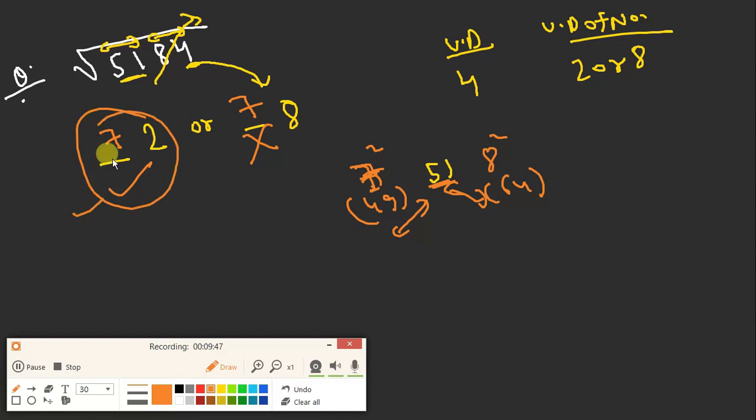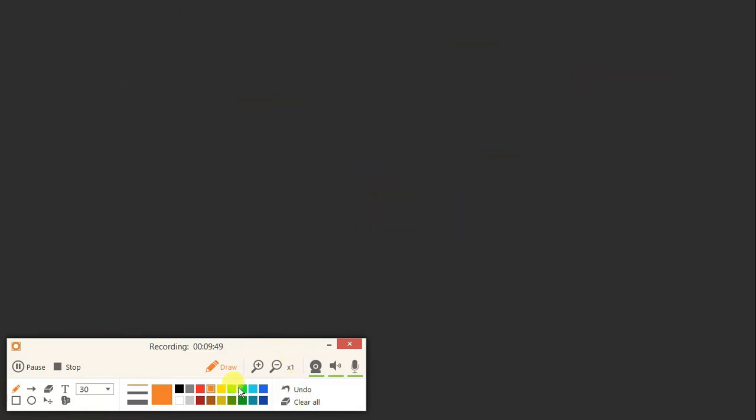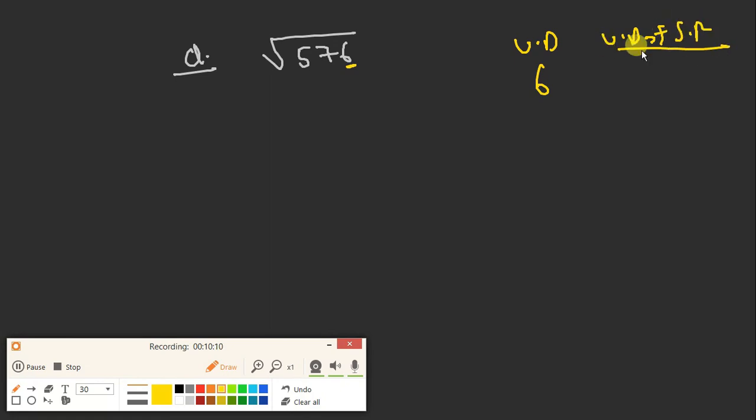Okay friends, I'll take a few more questions, then you will get a clear understanding of it. Okay, so we have another question based on it. Tell me the under root of 576. Now what will you do with the help of a similar trick? First of all, you would see 6 is here. So when the unit digit is 6, what can be the unit digit of the square root? Tell me. It can be 4 or 6, right? So what will you write? It can be 4 or it can be 6. Now you have to find the first digit of the answer.